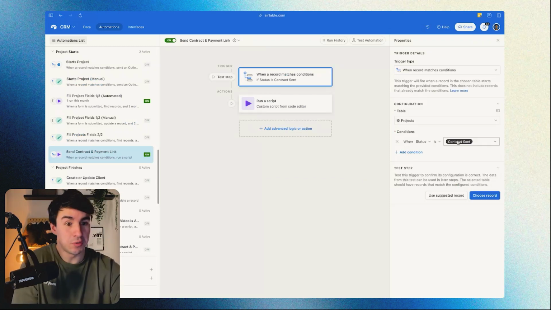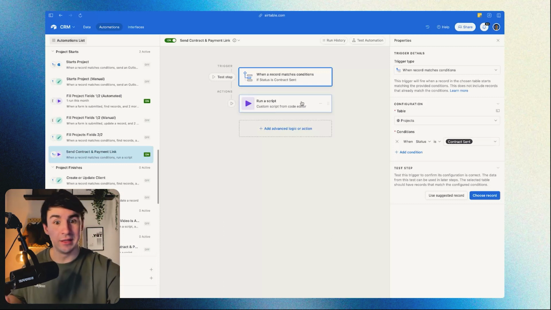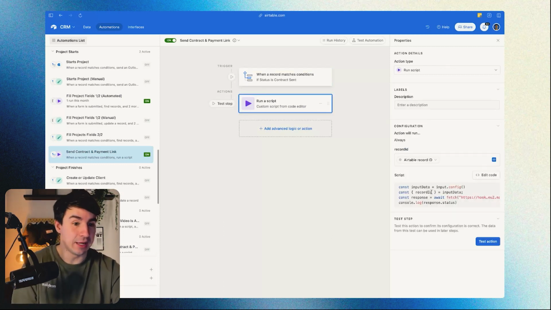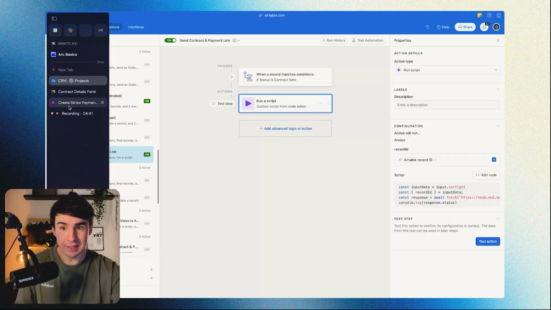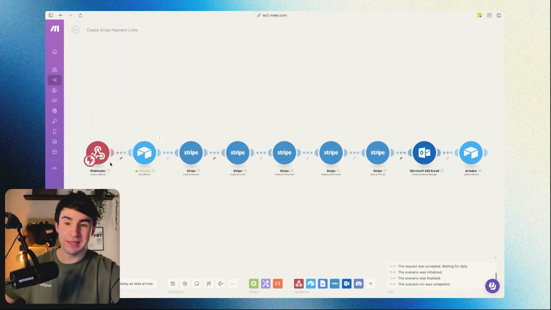So when we change the status of the record manually or via an automation to contract set, then we're going to run this script that, as I said, I'm going to leave written in the description, okay? Then this script is going to trigger this Make scenario, and in this Make scenario, as you can see here, we have a custom webhook